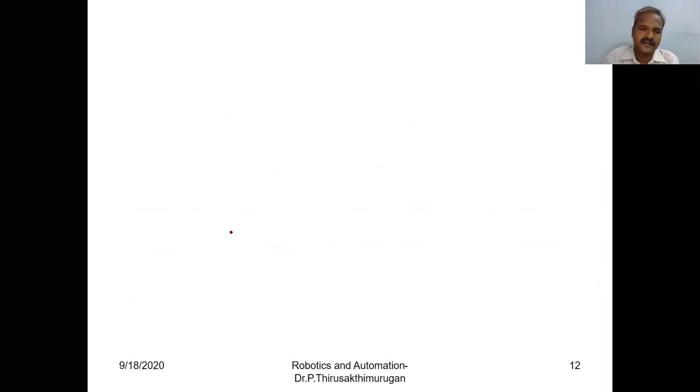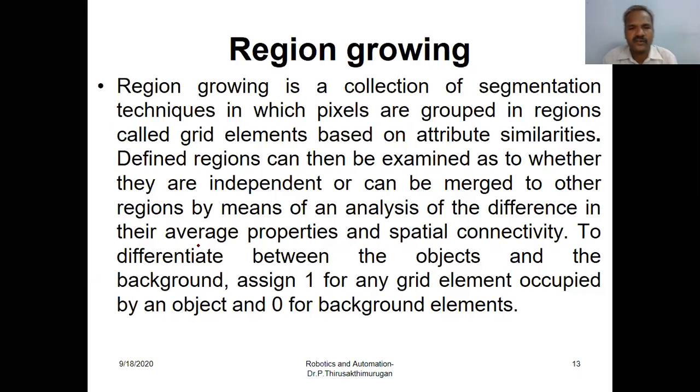Next is region growing. Region growing is a collection of segmentation techniques in which pixels are grouped, either zeros or ones, into regions called grid elements, based on attribute similarities, based on object level and background level. It may be either gray level or binary level.